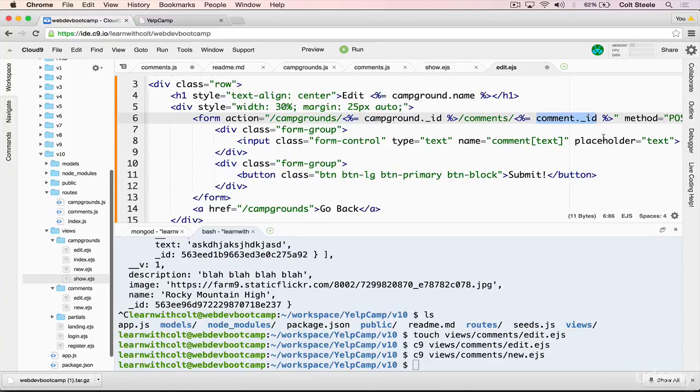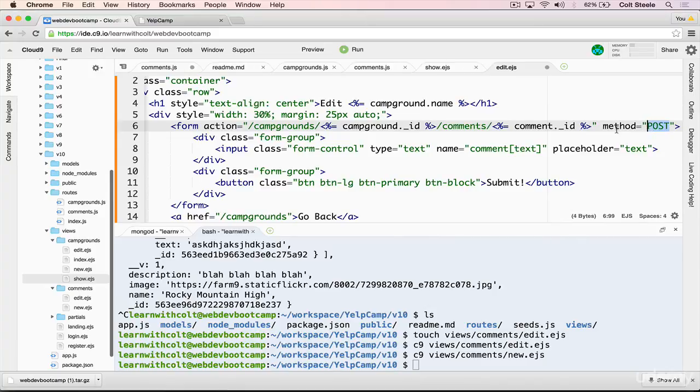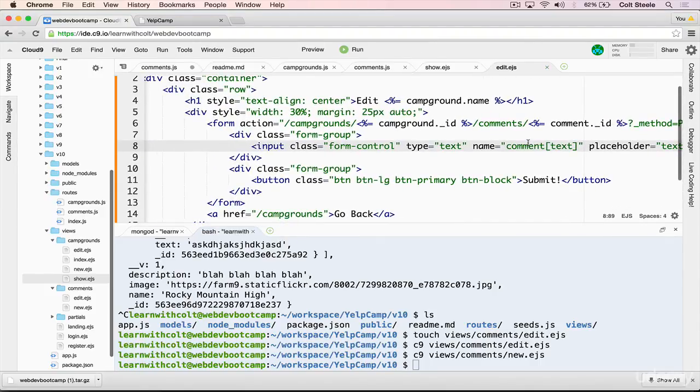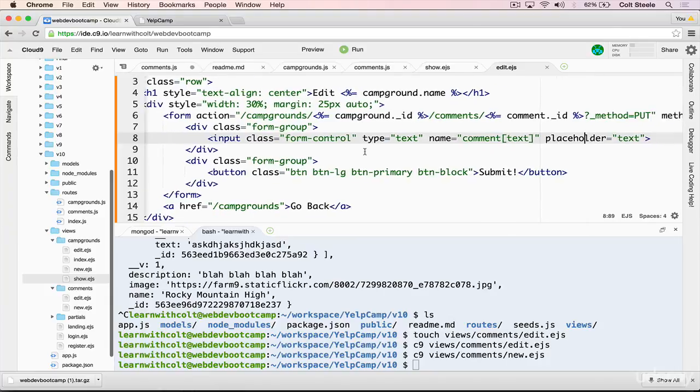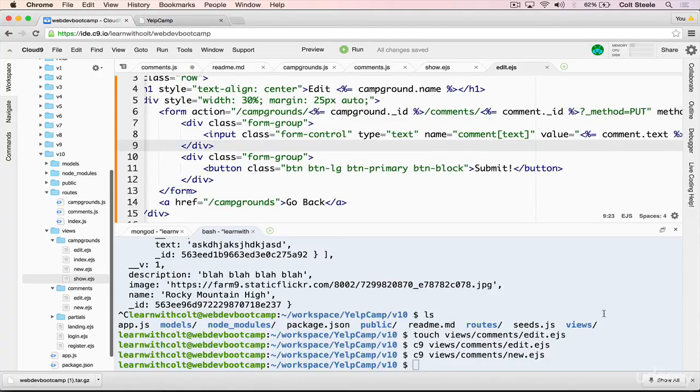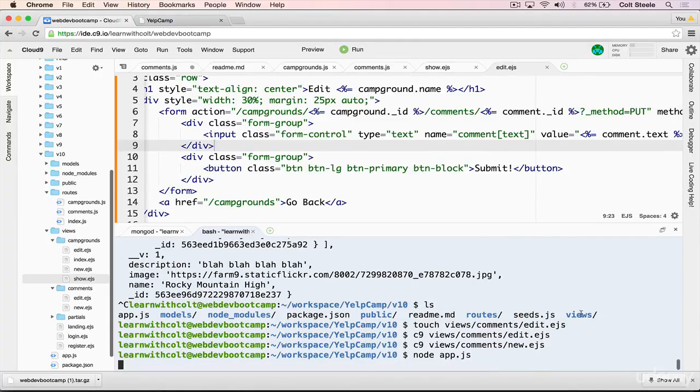We see that data. And method will be a post because we're using method override again, but it's supposed to be a put, so we need this _method equals put. And that should get us to update. And the next change that we'll make is we'll go to our input, and we want to give it, instead of placeholder, we want value, and then we need our EJS tags, and we're going to add in comment.text, which again, comment is not defined yet. So if we run this now, we'll get an error,